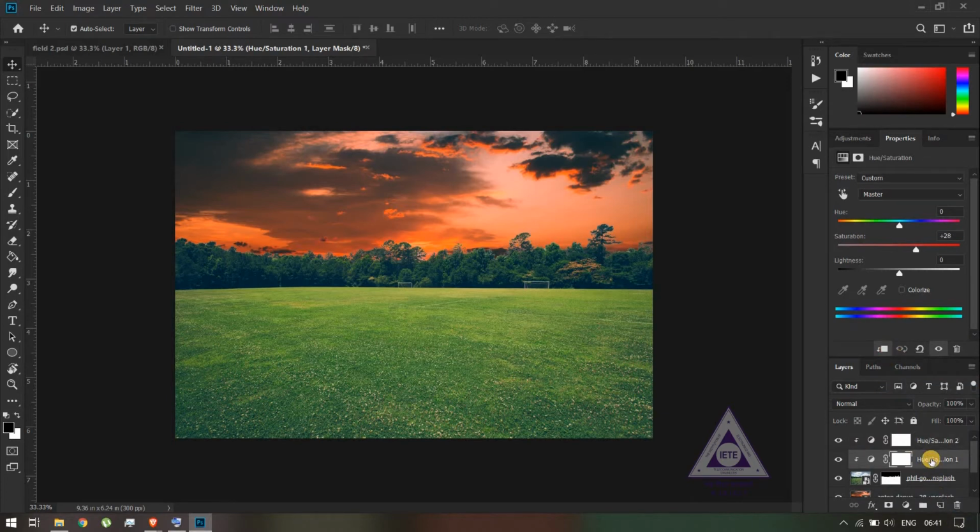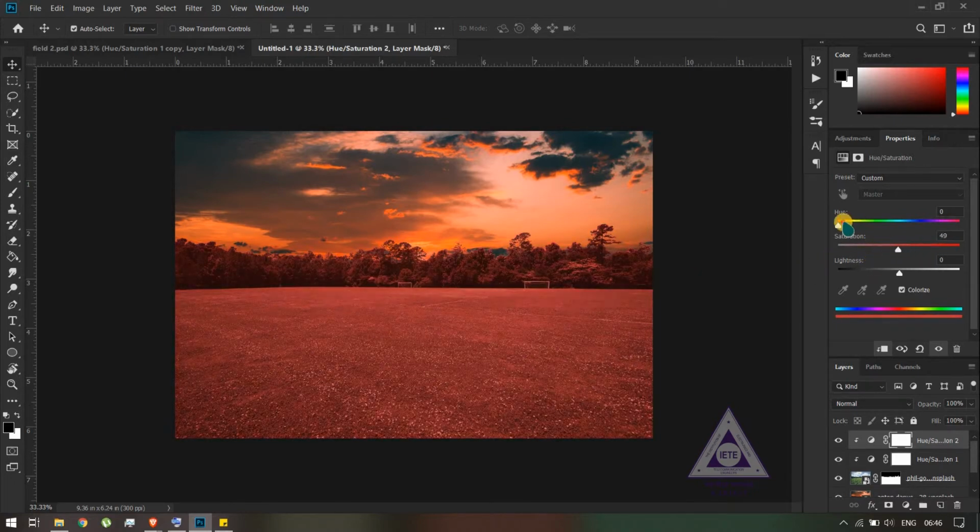The reason for using two saturation layers is that we'll be using two different effects to give the evening effect. You can see that there's a colorize option here. What this option does is instead of just changing the saturation, it's adding a monotone color to the whole image. So we'll be doing that. You can see that the whole ground has been colorized and there is a single color. And if I move the saturation or the hue slider, you will see that it's changing the whole color as a whole and not separately based on each color that is present in the image.